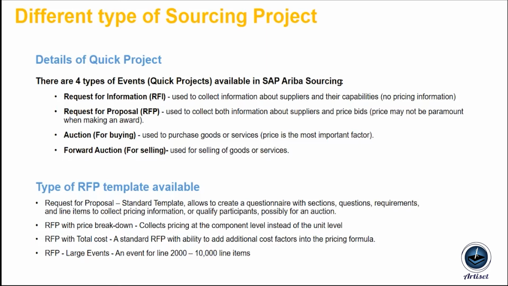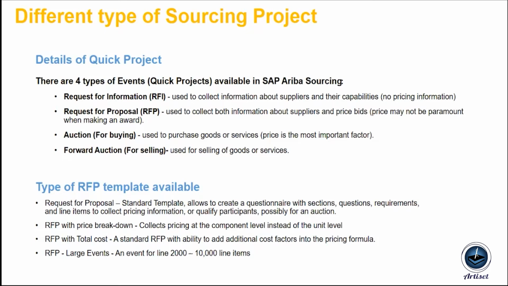To talk on a few, there are standard templates, where the first one is request for proposal, which is the standard template. It allows you to configure the questions, sections, content part, and predefined rules can be set in this type of template. If the business foresees that they want some high level details, they can go with the price breakup template, where instead of having just component level, unit level pricing, they can dig down and have the component pricing and check how the supplier has arrived at their final bids.